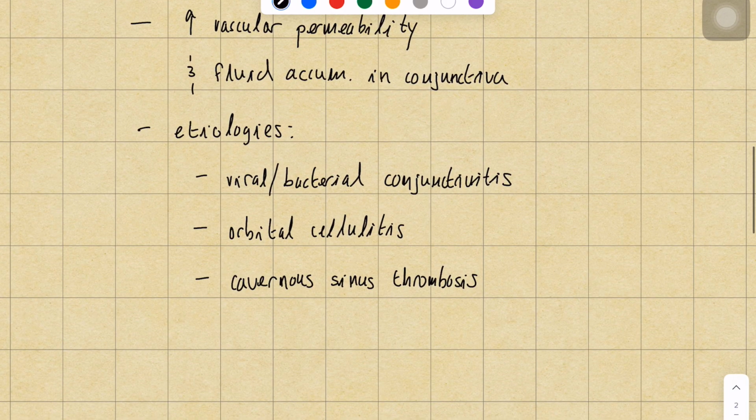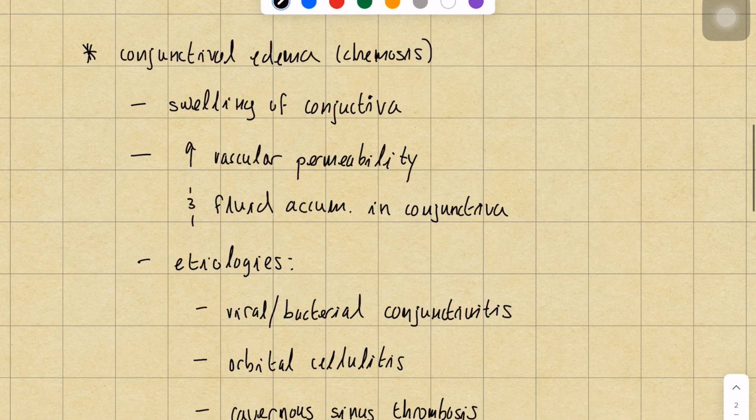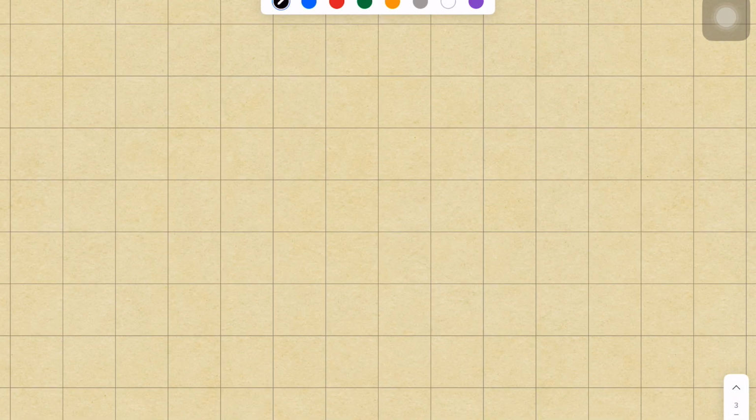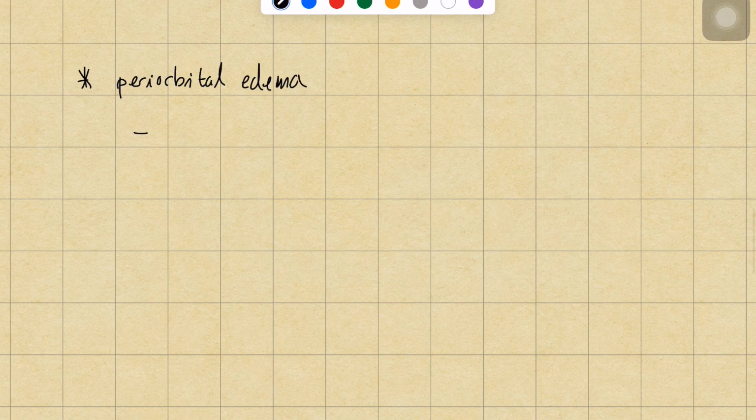Okay, so have those things in mind when you see swelling of the conjunctiva or conjunctival edema. And so the last one that we want to consider and really distinguish from the previous ones is periorbital edema. Now here, let's talk about periorbital edema. One of the first things that I like to point out about periorbital edema that sets it apart from papilledema and conjunctival edema is that this is what we call an